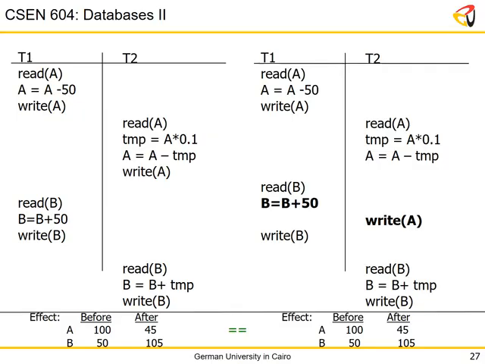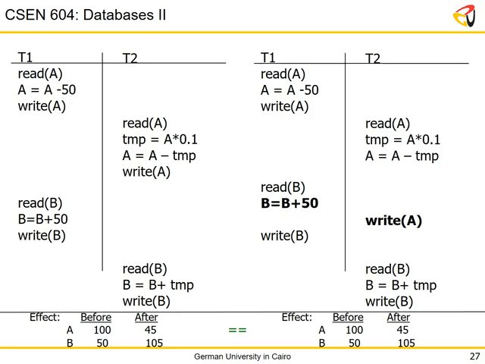Now, here is another variation of a schedule. Let's quickly glance at the bottom right, and you can see that the output is 45 and 105. So, okay, I'm happy. This is actually a good interleaving. If you look at why it's a good interleaving, it's because the